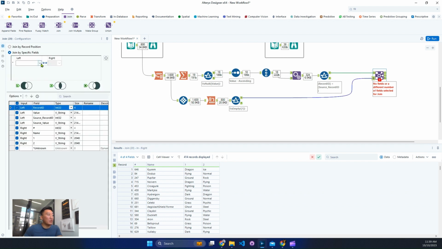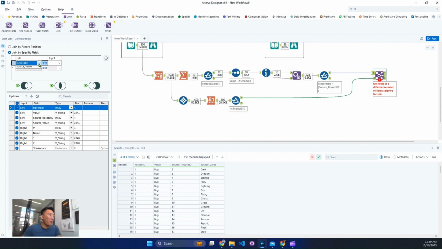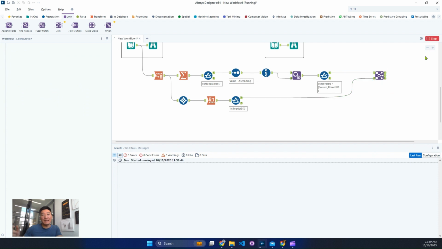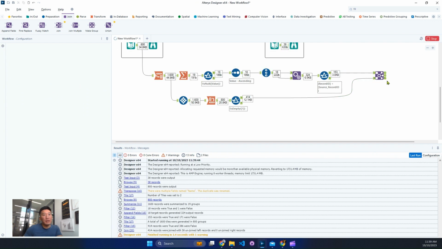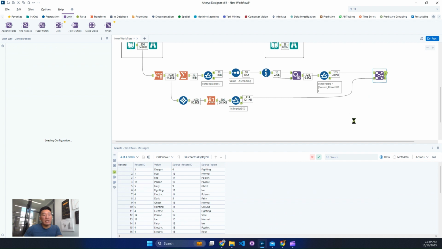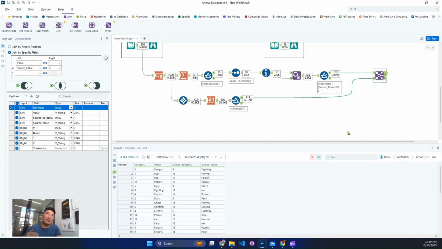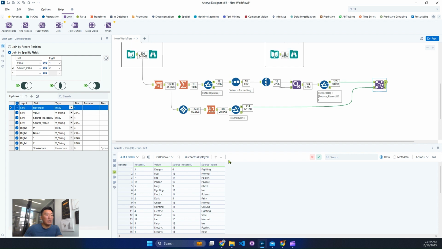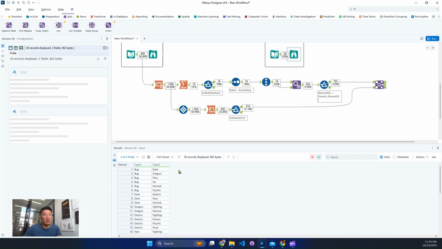Because we sorted, we know our value 1 and value 2 should match up to column 1 and column 2. We don't care about everything else. We only care about which row is selected and which row is not selected. If we click on the left hand side, the left outer join, those are the particular combinations that do not exist in our Pokemon list. So we have 38 rows, and you can see that's 38 rows. If we take those guys,